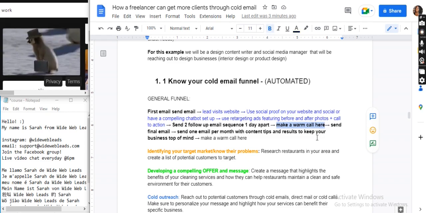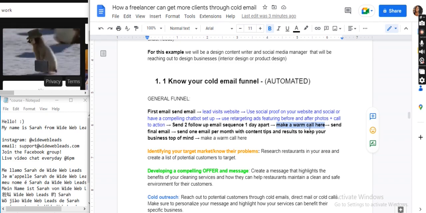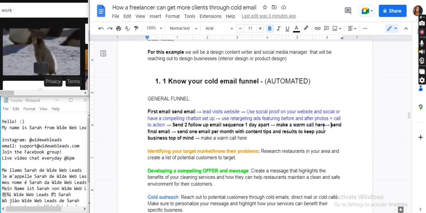Then if they really don't respond, then you make a warm call. Okay, so a warm call is just like you're reaching out to them from your email. So you'll let them know, like, hey, this is not a cold call. We were speaking over email. Obviously, if they didn't respond, but they saw it, that's when you make the call. Sorry, so only if they've seen the email, then you call them. Okay. Let's say you don't reach the business owner, then you send a final email. So like, hey, I called you and I've also sent these messages. I don't mean to be a bother, but if you're really not interested, let me know and I'll stop being persistent in acquiring you as my favorite potential client.